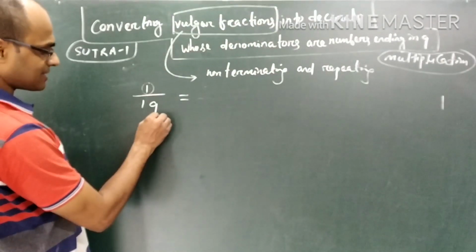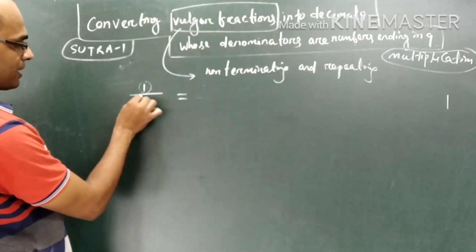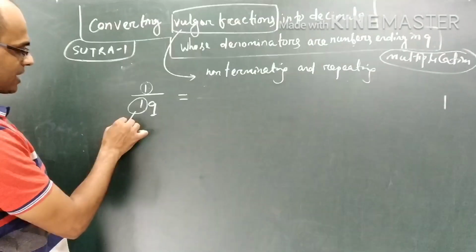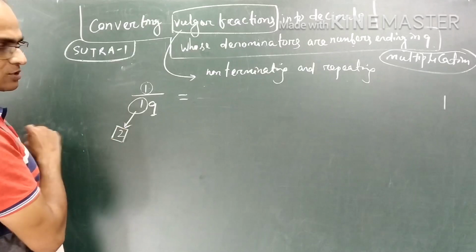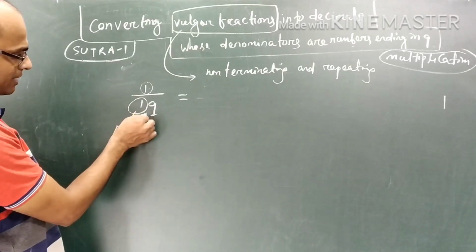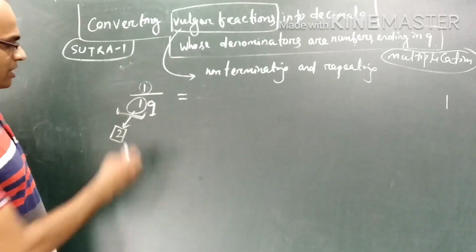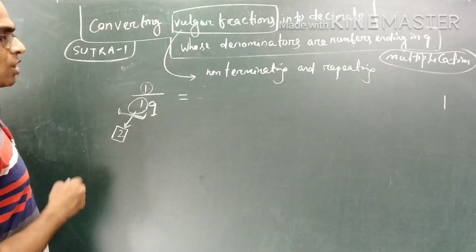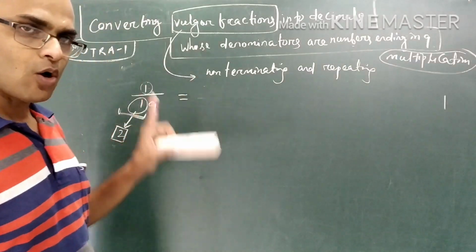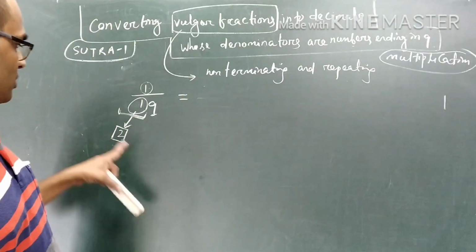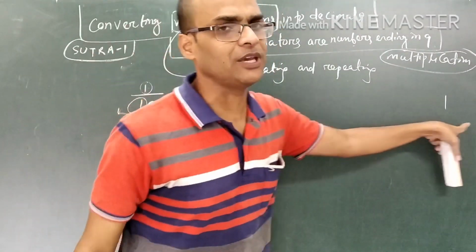Now except this 9, the number should end in 9 is the condition. Except 9, whatever the number is there, you take one more than this, that means 2. 1 plus 1 is 2. 2 is the main number here which will play a crucial role in this calculation. Always remember the trick: we have to multiply this 2 with the digits coming here.